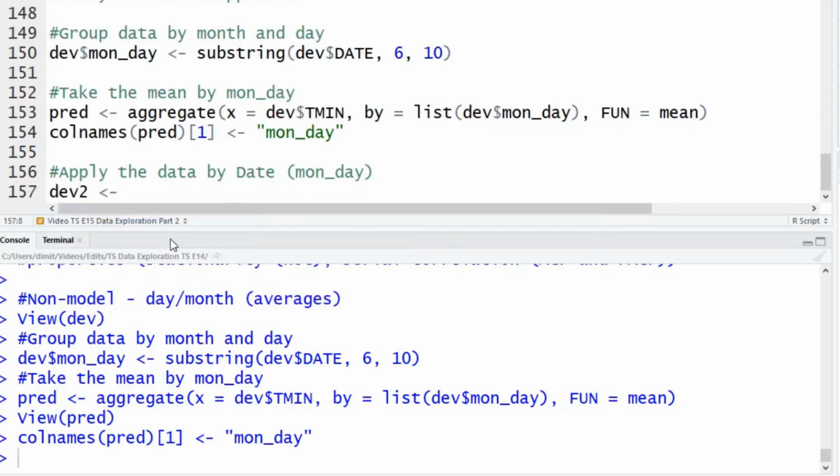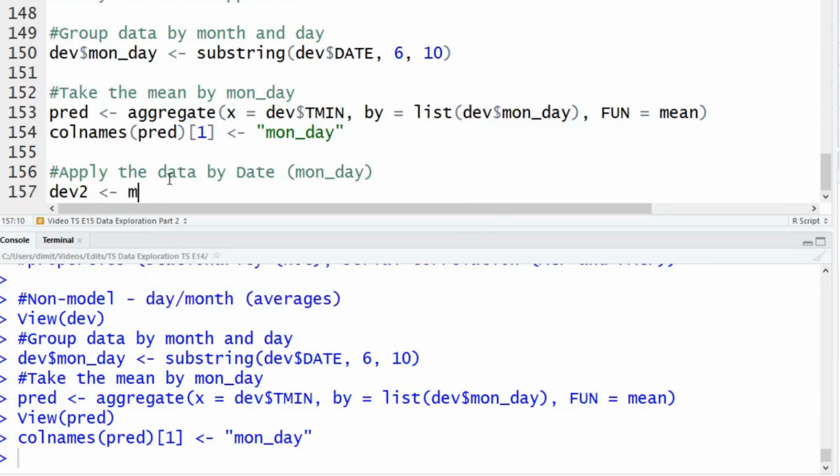I'm creating a new data set just because I want to keep my development one a little bit cleaner, and I save it for other purposes. You could overwrite it here and just add these in. Again, if you're not quite excellent at writing code or you don't quite understand the function, writing a second data set is helpful, because if you screw it up and it doesn't apply correctly, then you have a backup to redo, and you don't have to go back and rerun all your code. Anyways, so we're going to say dev2,